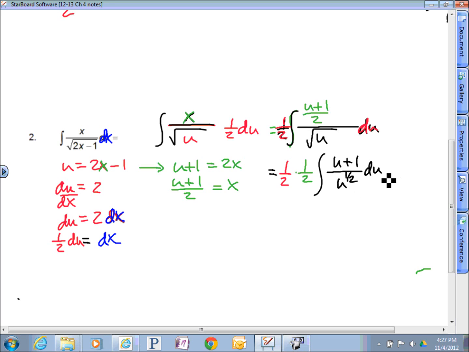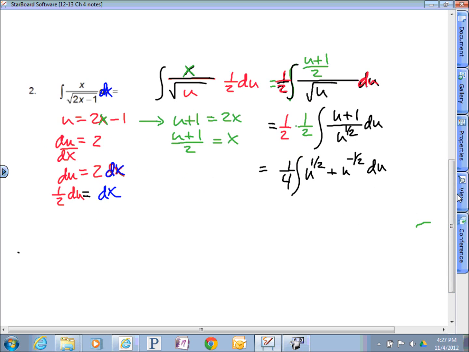Have we ever done an integral like that before? Yes, we have. It's been a while. But 1/4 integral, how about if we split it, make 2 fractions? u over u to the 1/2 would be u to the positive 1/2, plus 1 over u to the 1/2 would be u to the negative 1/2, du. Now let's use our power rule. So power rule, 1/4,